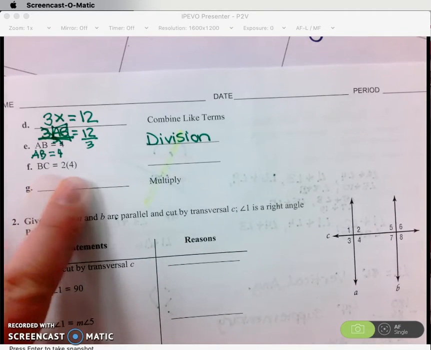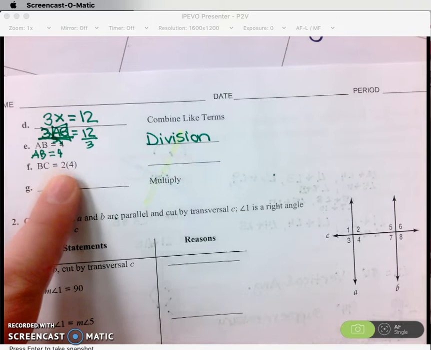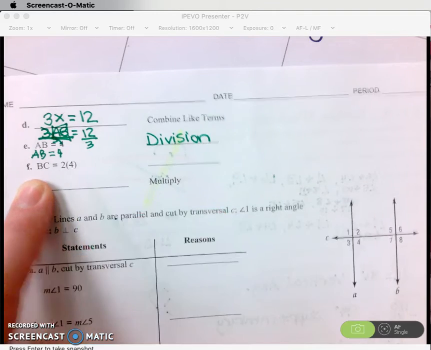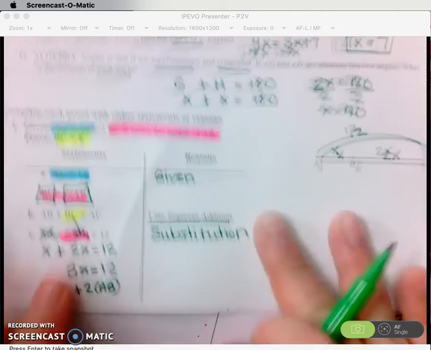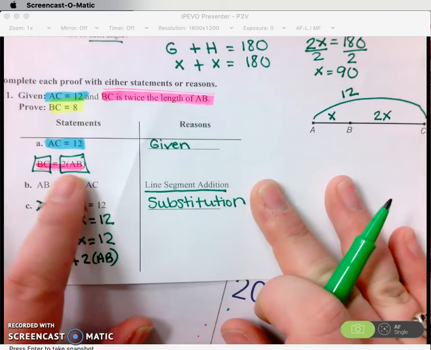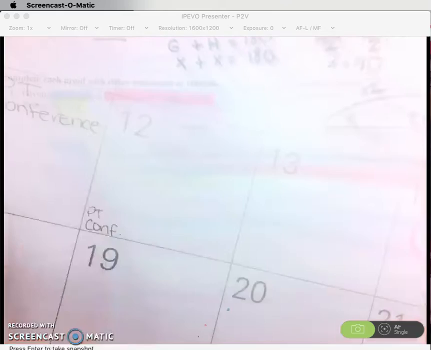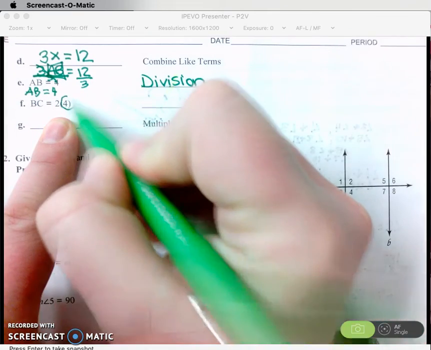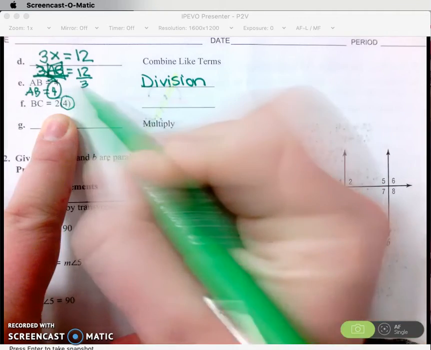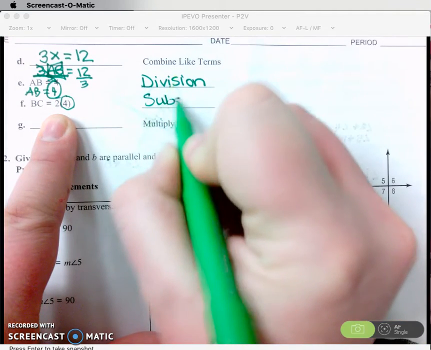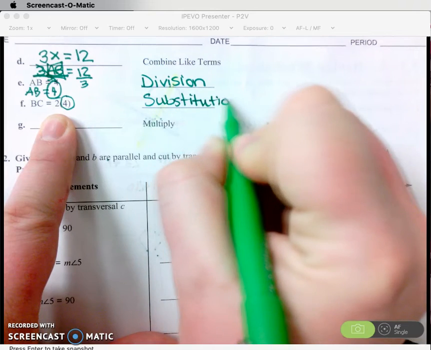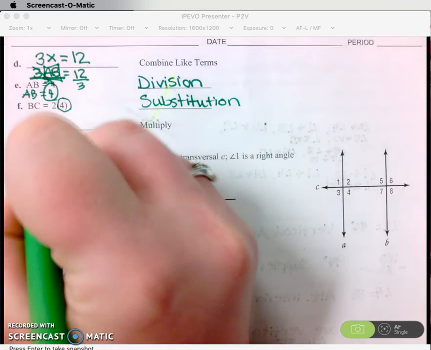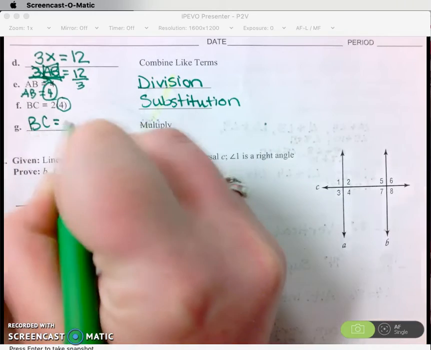Okay, BC equals 2 times 4. Well, what are we doing? Why are we going to BC now? Well, we know what AB is, correct? We just found out that it was 4. So BC is equal to 2AB. We're substituting in what AB is. And that's going to be substitution. And we're just going to multiply, and now we know that the length of BC has got to be